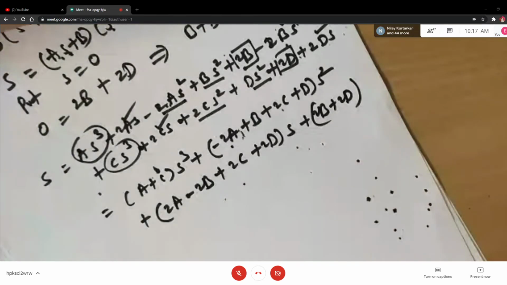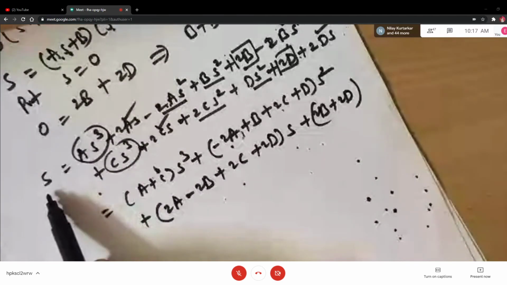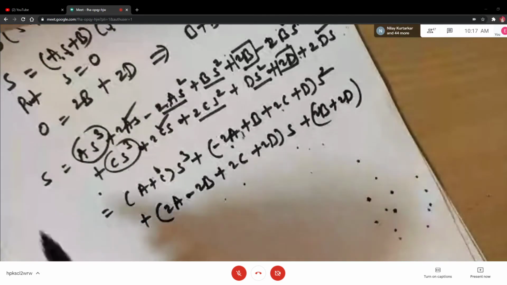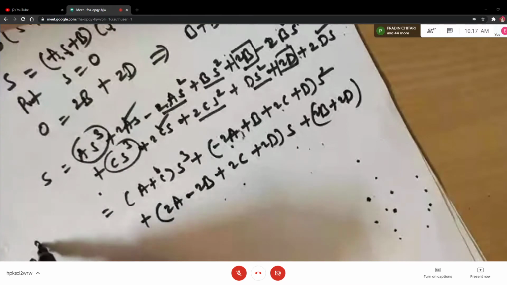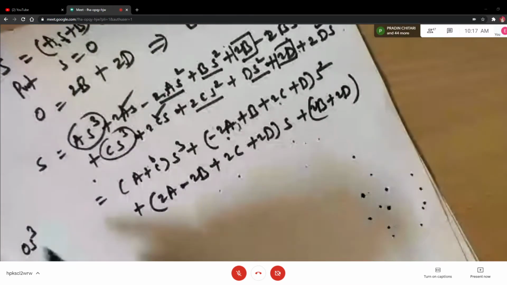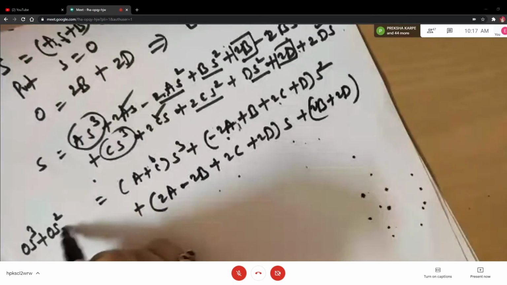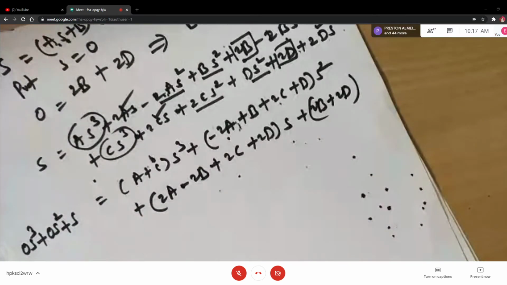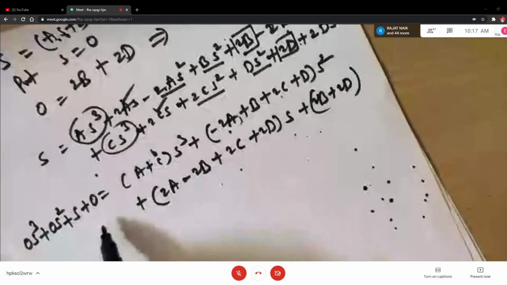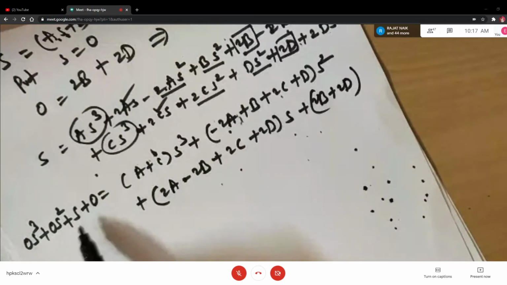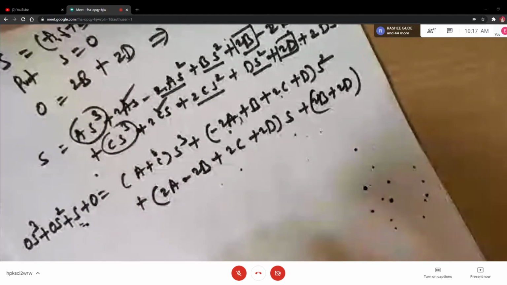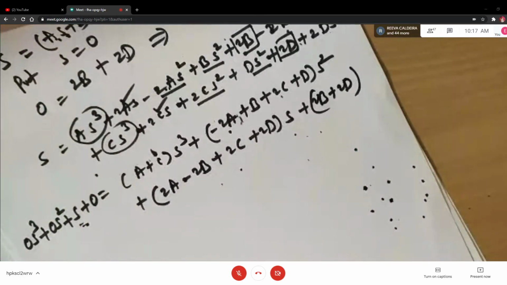At the same time, you have to look at the left hand side. Left hand side is only s, no? So there is no term in s cube, means how you write s cube term? 0 s cube. There is no term in s square, so 0 s square. There is term in s and there is no term in constant, means constant term will be 0. So in the descending powers of s, I am rewriting s: 0 s cube plus 0 s square plus s plus 0. It is s itself, but just for comparison of both sides, we are doing this.